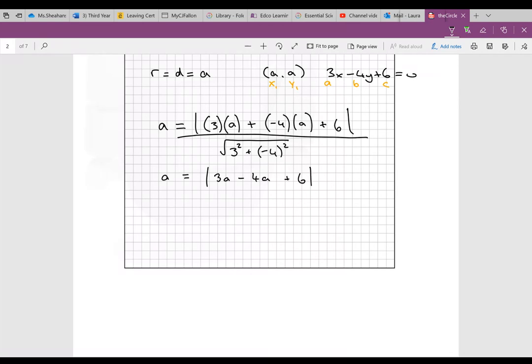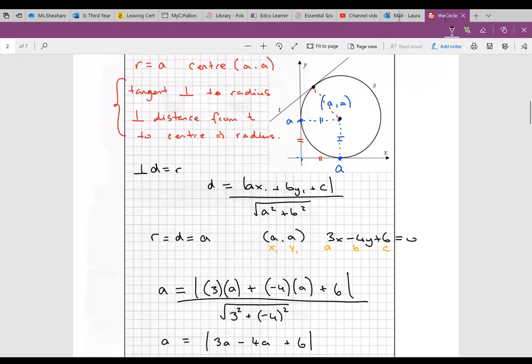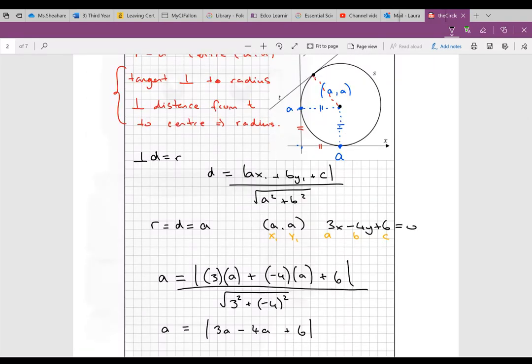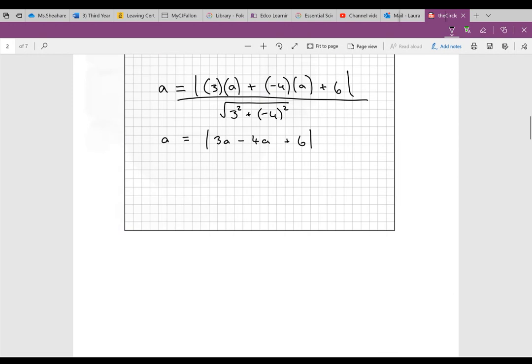Now remember, the center point being A and A for x1, y1 is because of this diagram. Remember always that if it touches both the x and the y, these coordinates have to be the same distance away from the axis, away from the origin. Over, that works out to be 5. Then you have A is equal to minus